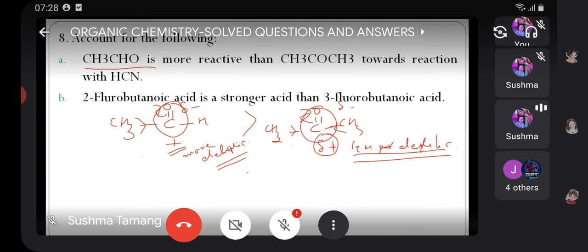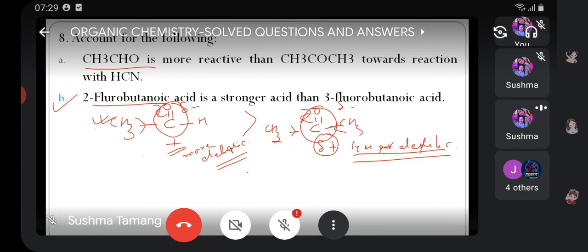So if you compare the two, here the positiveness of carbon is more. Because of that, this one will easily undergo reaction. मैले पढाएको छु जस्तै मैले भनेको छु. Now next is